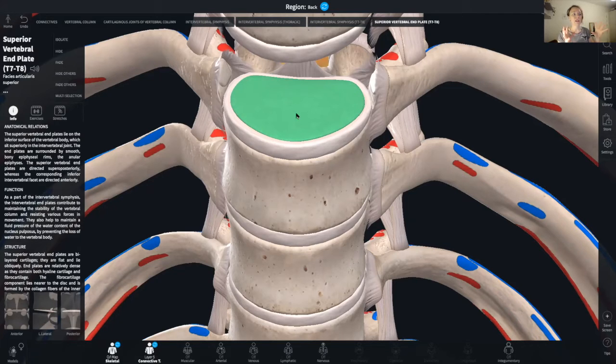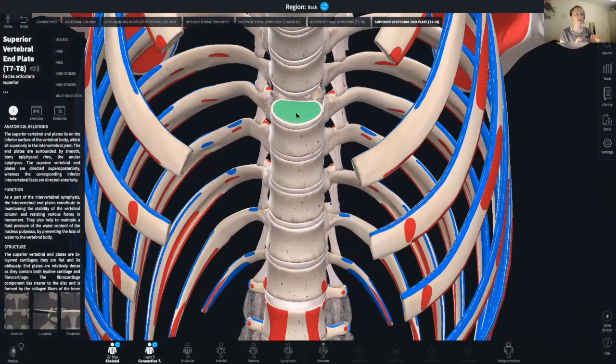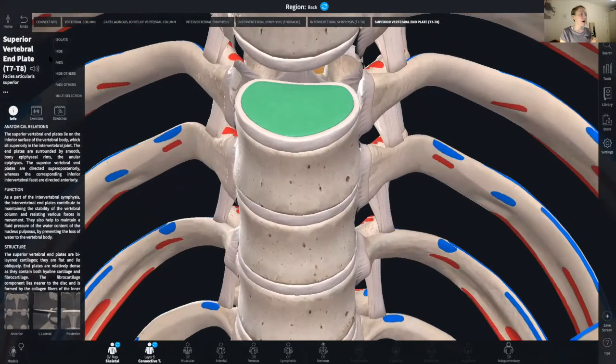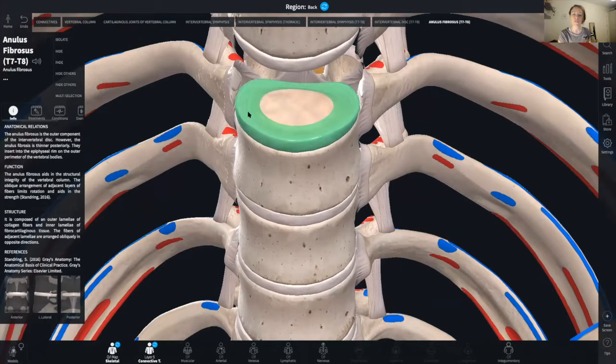So of course, if we just take a step back for a moment, nutrients are coming in through the end plates and down into the discs. If I hide or remove the end plate, you're going to now see what's underneath, which are the two other parts. The first part is our annulus fibrosus. So this is the outer rings of fibrotic